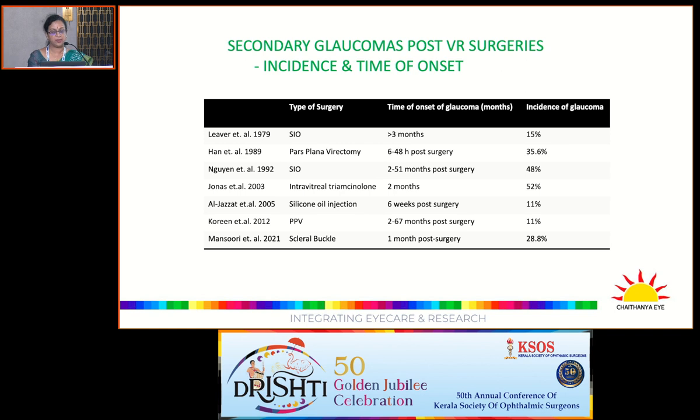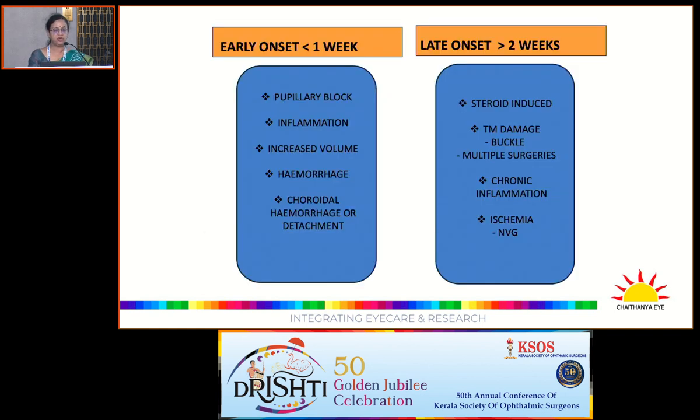Buckle produces it by 3 weeks to 1 month; a 30% incidence is noted. For early onset, the causes could be a pupil block, could be inflammation, and even sometimes choroidal hemorrhage can account for an acute IOP rise. And late onset is the steroid-induced or the trabecular damage because of the multiple surgeries or buckle effect and a